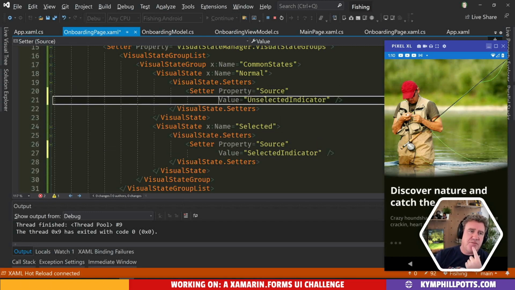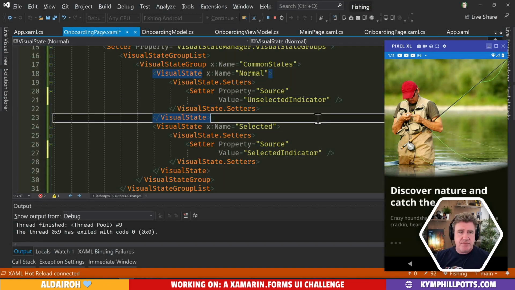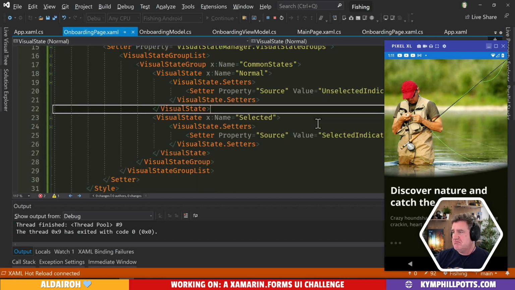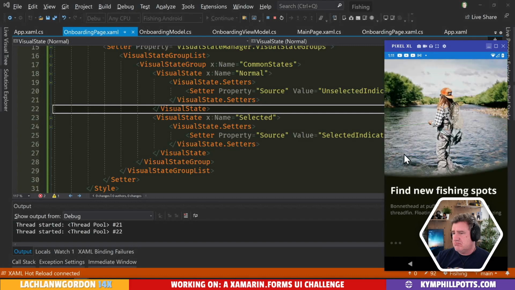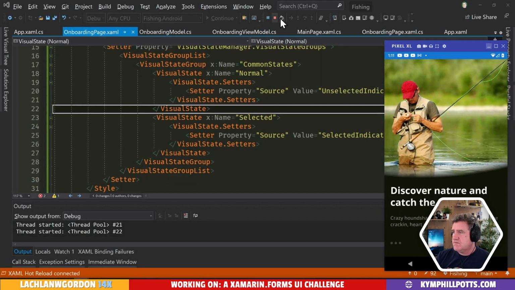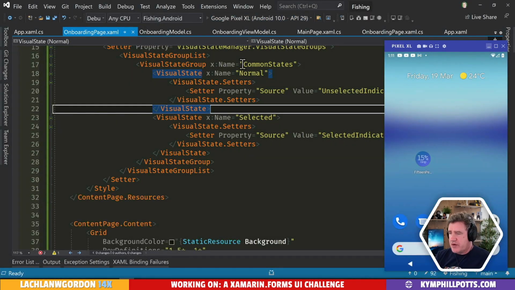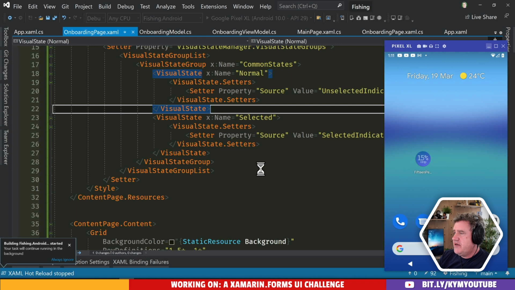Feels to me like it should be about right. Maybe it doesn't. Unselect. Maybe it doesn't work. Yeah, it's a quick bounce, see what happens. Selected, I'm setting the source property to be